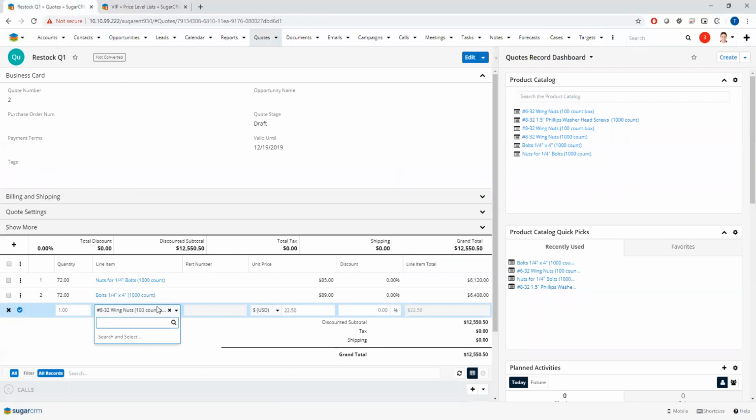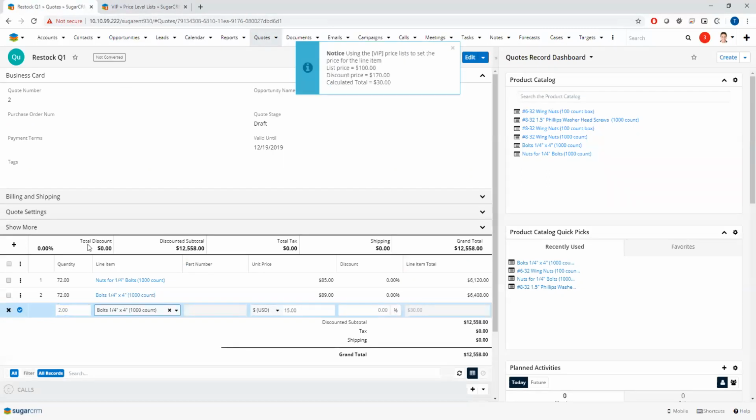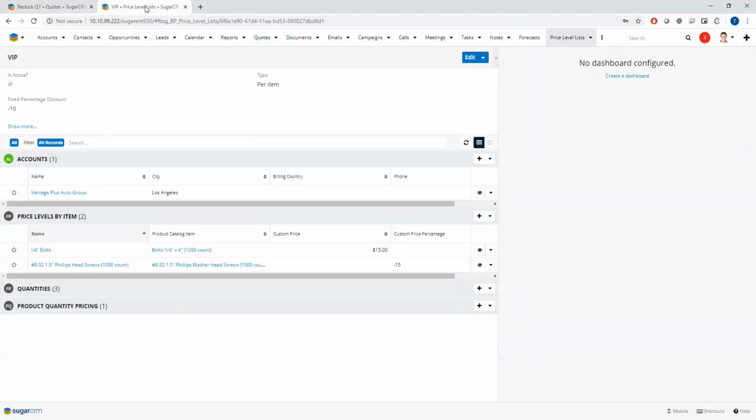Now again, anytime I change the product or the quantity, this is going to update. So let's go ahead and look for the bolt. And here we are. And you'll see for a second it flashed at 100, but we know that we're getting $15 per unit. So you see I've already set the price in here for you. And this, again, runs anytime you change the quantity